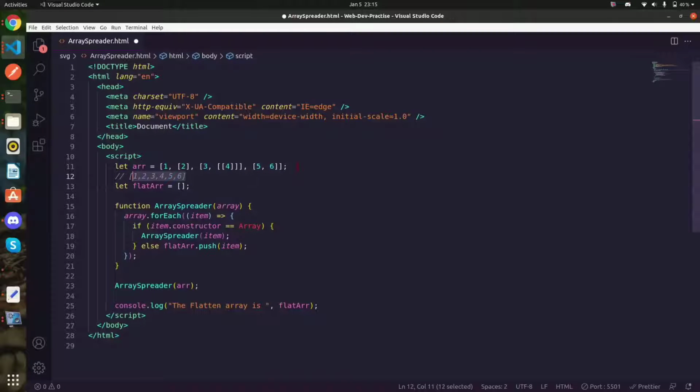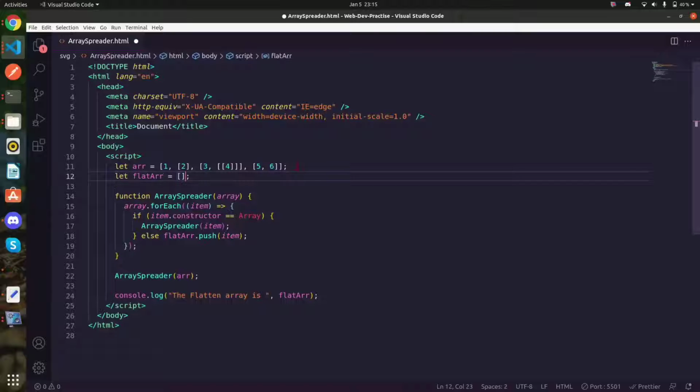How to achieve this? The best solution is to use this: initially we have a new array, flat array, in which we are going to store the result. Now we are making an array spreader function. In this function we are using the array method forEach to iterate over the array. Inside it we apply a condition, checking if the array element itself is an array.